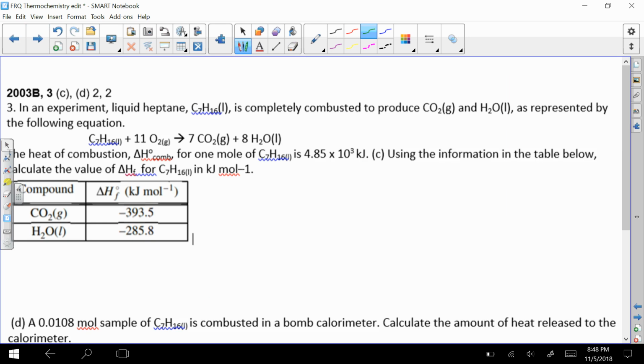Okay, now after 1984, we're going to 2003, and let's look at that one. We have some liquid heptane that is completely combusted to produce